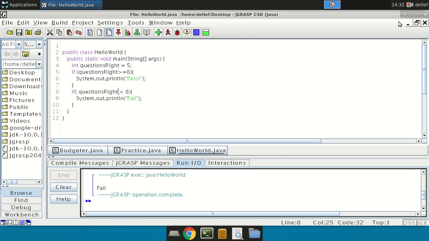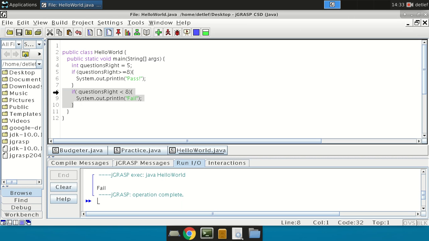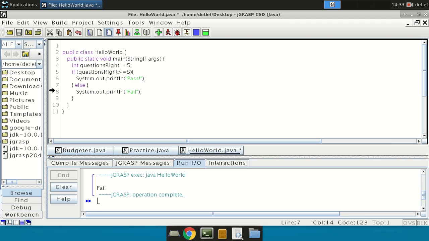Okay, so we could do these two if statements, but really, you either pass or you fail, right? We don't really need to do a second test. We don't need to say, hey, did you pass? Okay, you passed. Hey, did you fail? If someone says, no, I didn't pass, you can assume that they failed. So what we can actually do is, instead of using this if statement, we can use a special syntax called else. The else statement goes right at the end of the bracket of an if statement. And so the if and the else form together an if-else